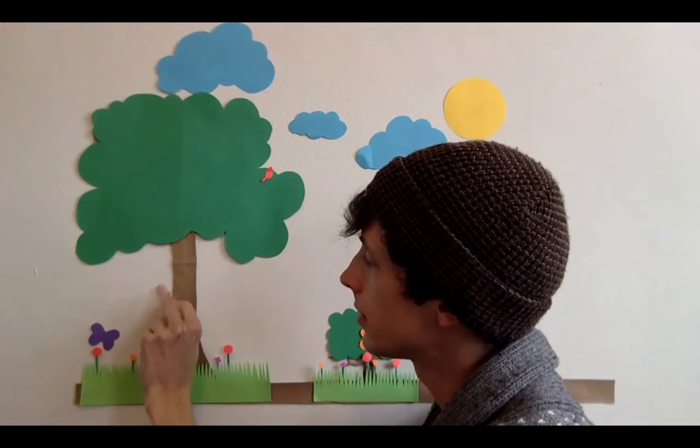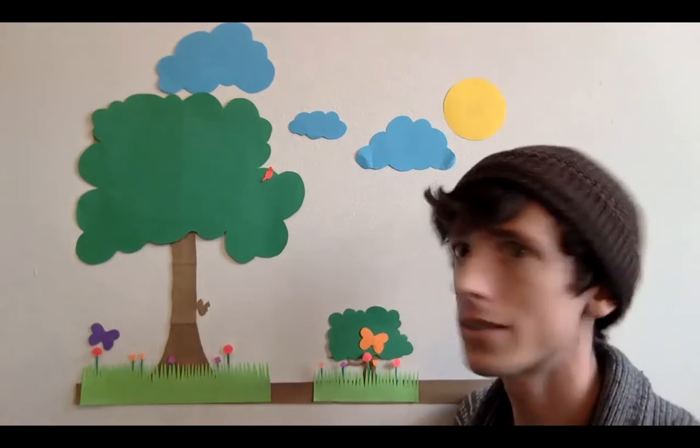Go over here. You're going to see a squirrel near the tree. That's kind of hard to see. Let's move the squirrel over here. There we go. Well, that looks way prettier, doesn't it? That looks really nice. We've transitioned from winter, when it was all brown, a little gloomy, to spring, where it's happier and warm. Now I've got one more video I want to show you,